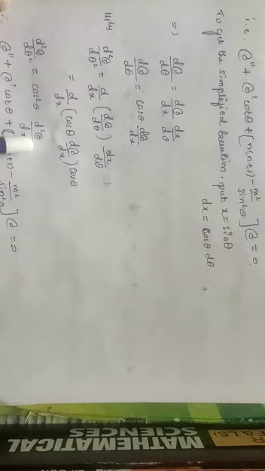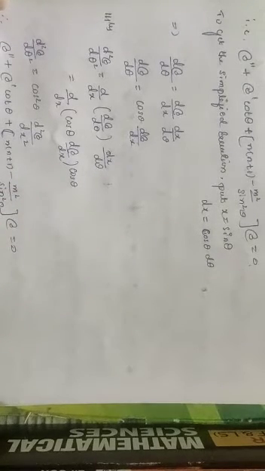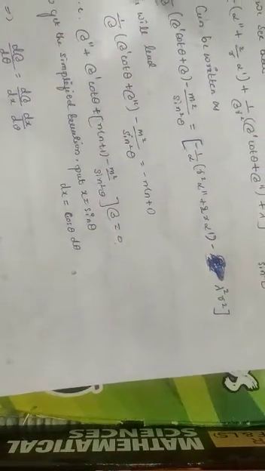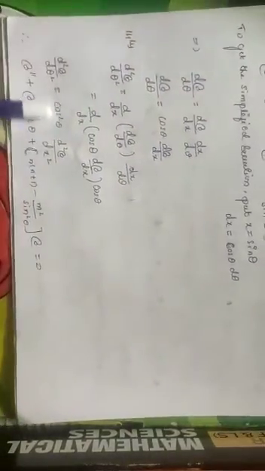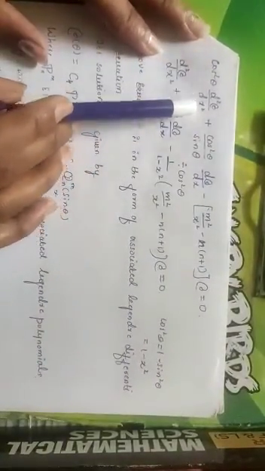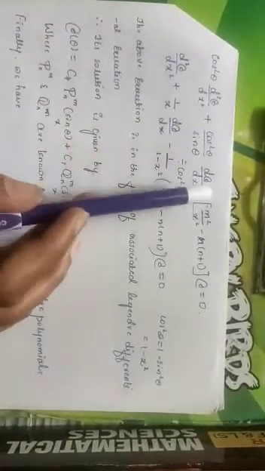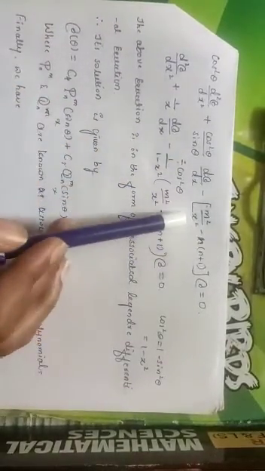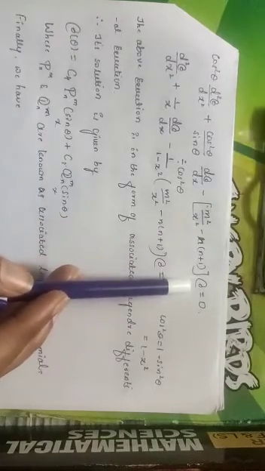Okay, now look here, so this equation can also be represented as beta double dash plus beta cot theta plus n into n plus 1 minus m square over sin square into beta, which is equal to 0. Now look here, we know the value of d square beta by d theta square. So we substitute this into this equation, then that equation becomes cos square theta into d square beta by dx square plus cos square theta over sin theta into d beta by dx minus m square over x square minus n into n plus 1 into beta